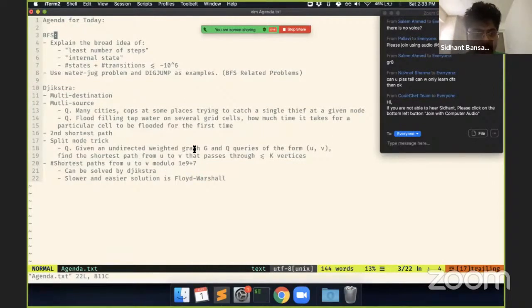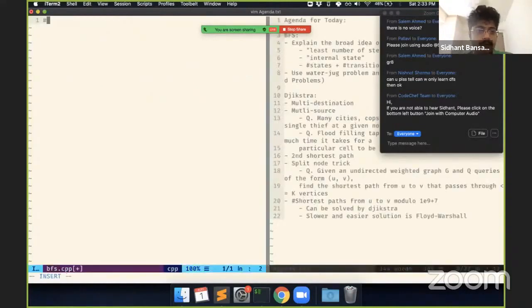I'll give you an example later with the water jug problem, or we can even look at Dig Jump, which is a CodeChef problem that was present in the graph theory contest. Anyways, so we first do